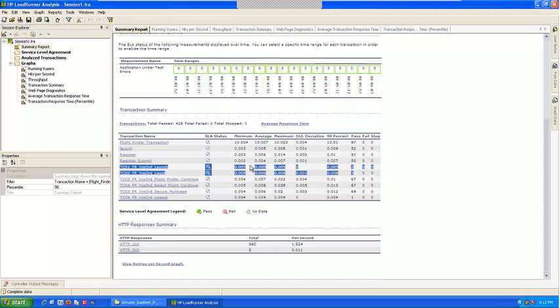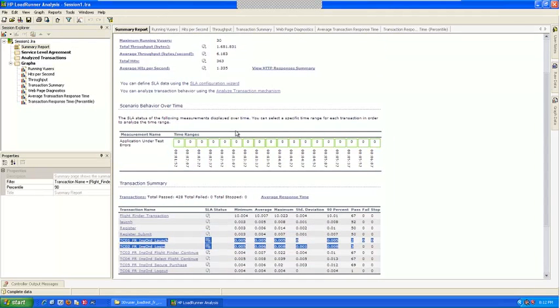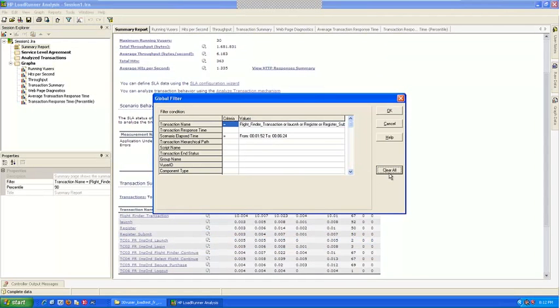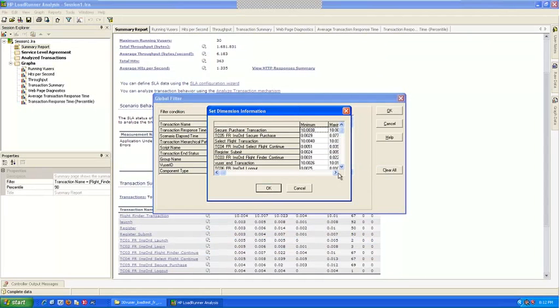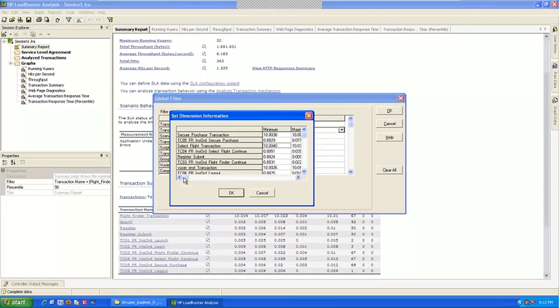So you see here, I can control and do whatever I require. If I wanted to reset it back, just say clear all. It will reset back. If I want a specific transaction, it's showing you set dimensions here. It will show you each and every transaction, what is the minimum and maximum. It just displays that. You cannot do anything here.